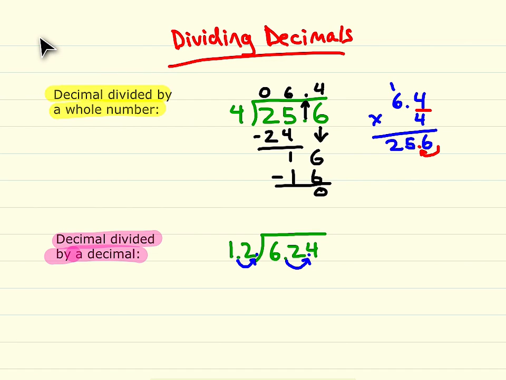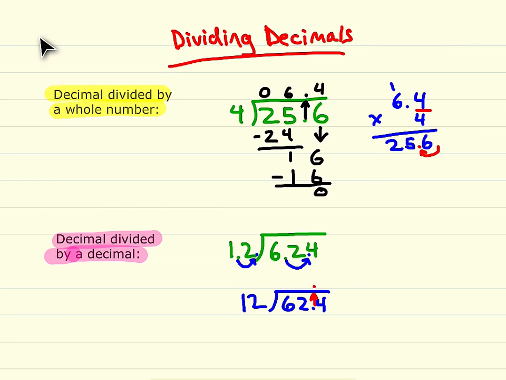So our new problem is 12 as a divisor, and now 62 and 4/10 in the dividend. And this problem will have the exact same answer as the problem 1 and 2/10 as a divisor and 6 and 24/100 in the dividend. Now let's just do what we did last problem. Bring your decimal straight up